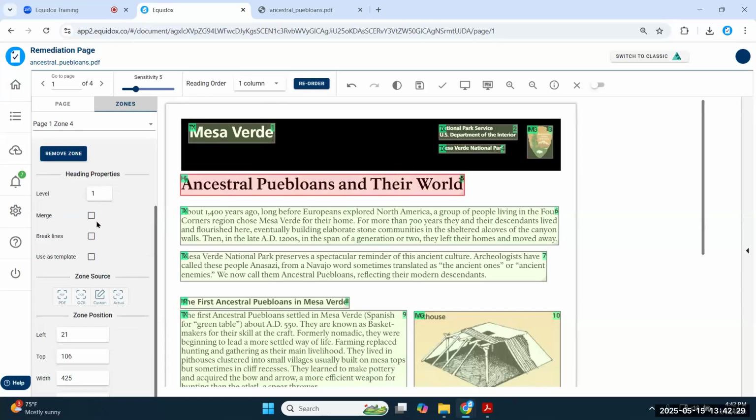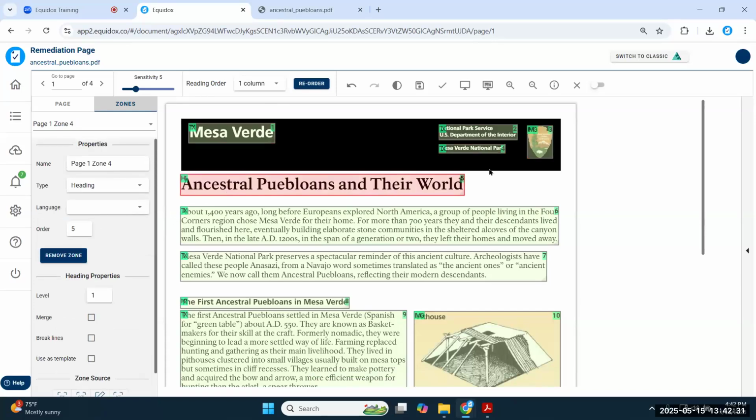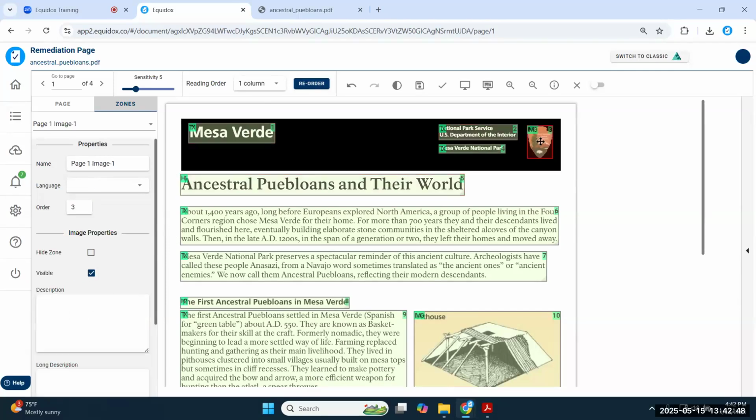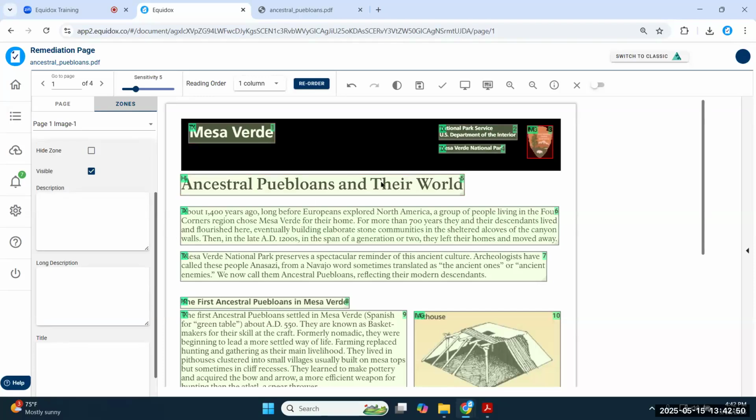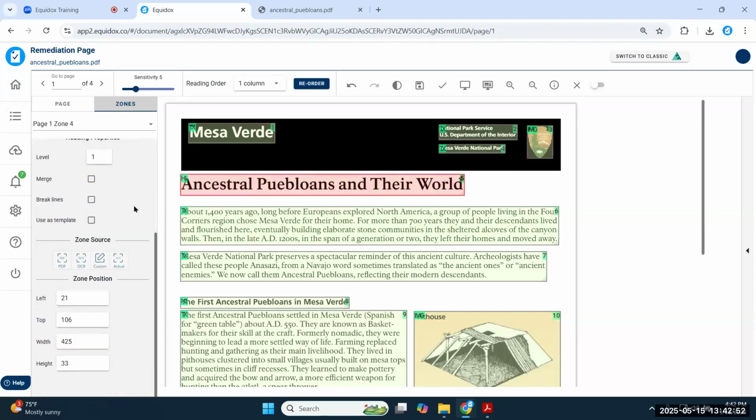So this is always going to be stuck there as reading zone 5, just due to the layout of the page. So I have the order field over here where I can manipulate the order of just one zone at a time. And you might be thinking, okay, change the reading order from 5 to 1, and then come up here and change 1 to 2 and 2 to 3 and 3 to 4, and play musical chairs with all of these zones on the page.